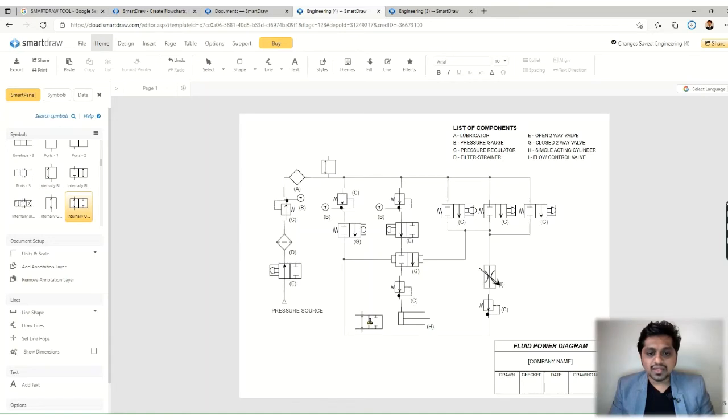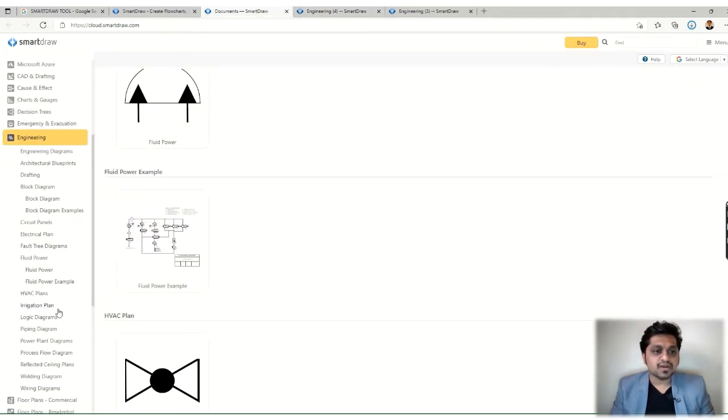You could see here, right? I have placed a valve over here. You can draw the lines and all those things also. So this is how we can modify this pneumatic diagram in this SmartDraw tool.